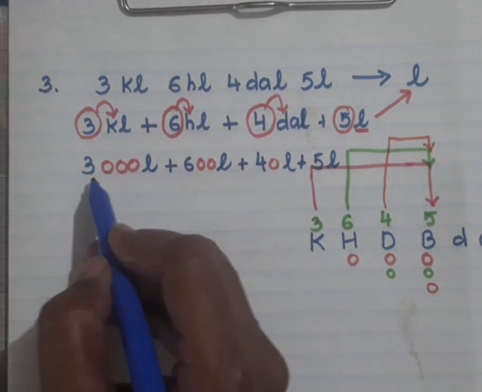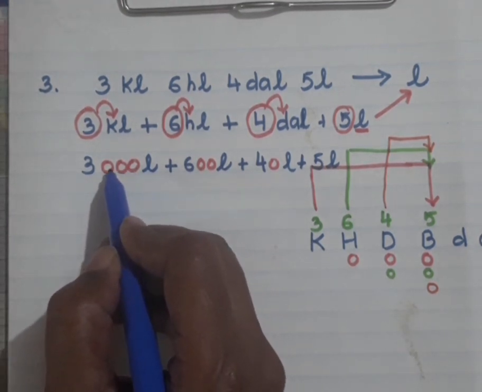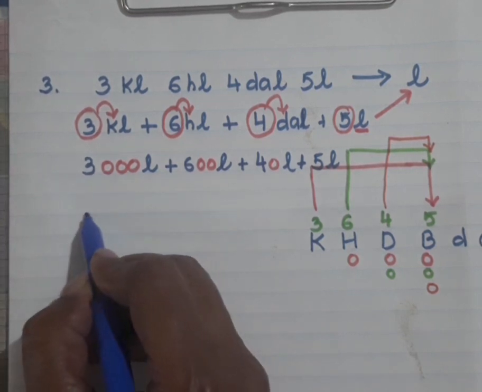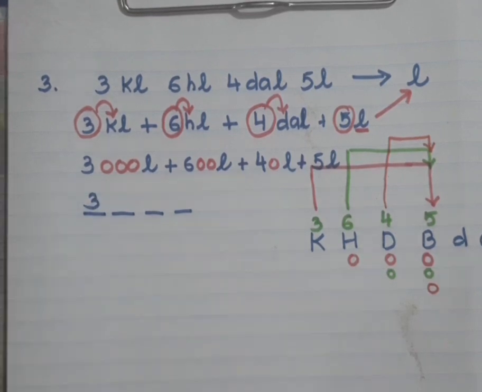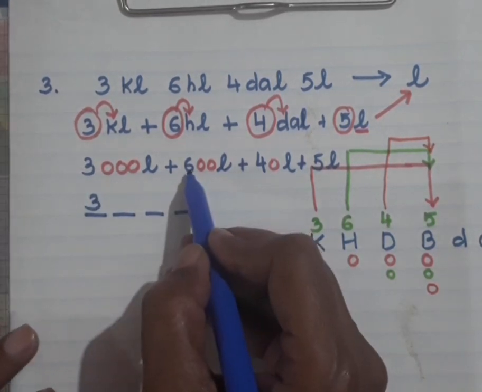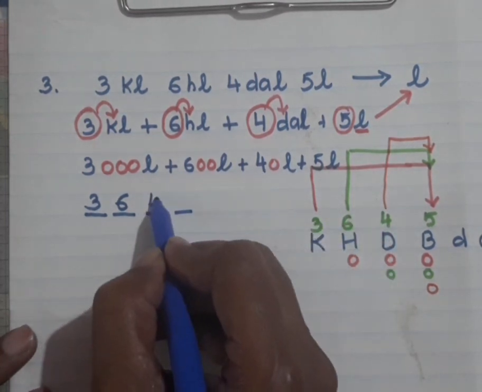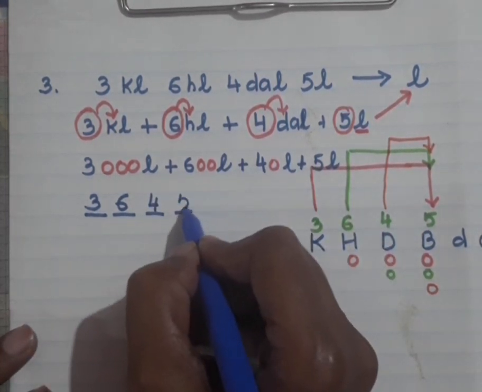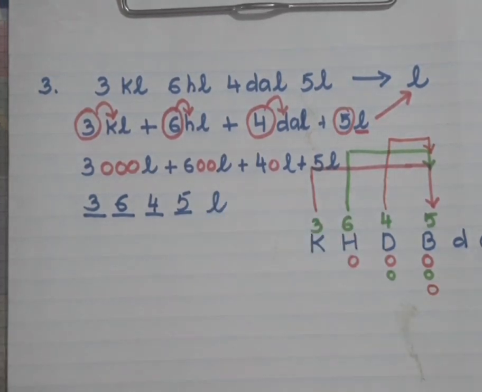Now, simple thing, this is the biggest number. Count the number of digits. 1, 2, 3, 4. So make the 4 dashes. 1, 2, 3, 4. 3 will come on the 4th place. Where will 6 go? On the 3rd place. Where will 4 go? On the 2nd place. Where will 5 go? On the 1st place. And of course, don't forget the unit. That's very important. Liters. Alright children, so these are the 3 types of questions that we have in this particular